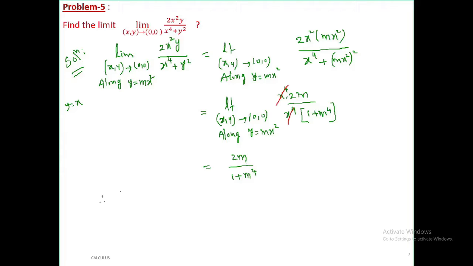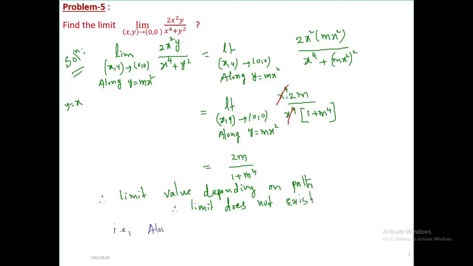So therefore the limit value depends on the path, because if we change the m value, then the limit value will change. Limit value depends on paths. So therefore the limit does not exist. Limit should not depend on path. Therefore the limit does not exist. If you want this more elaborately, so that is